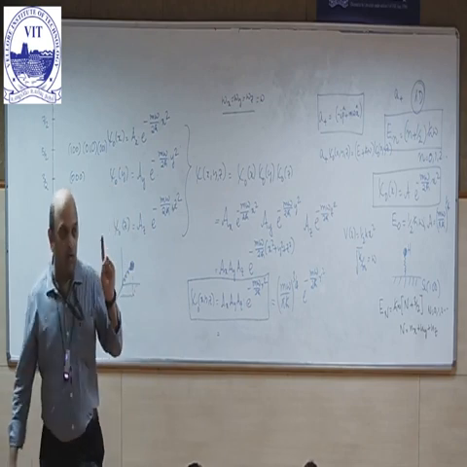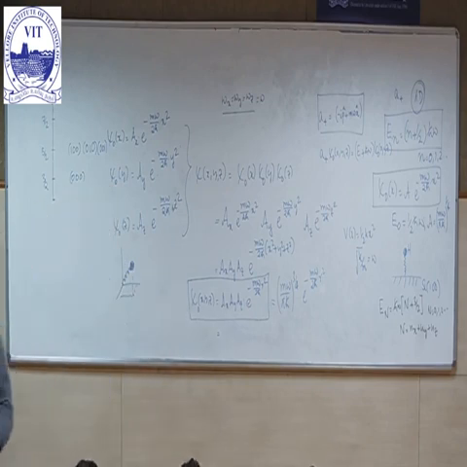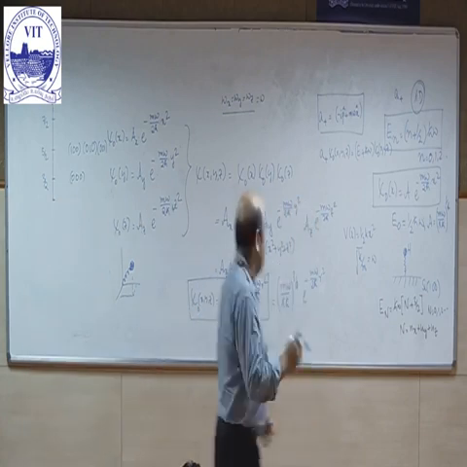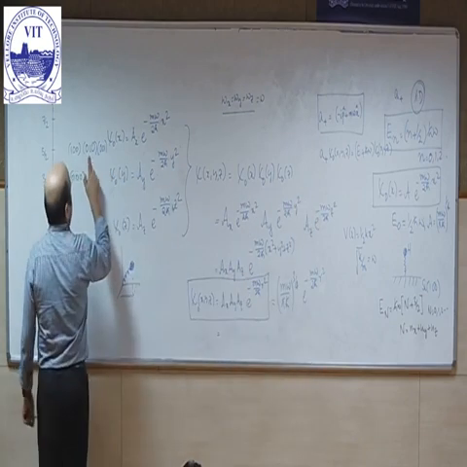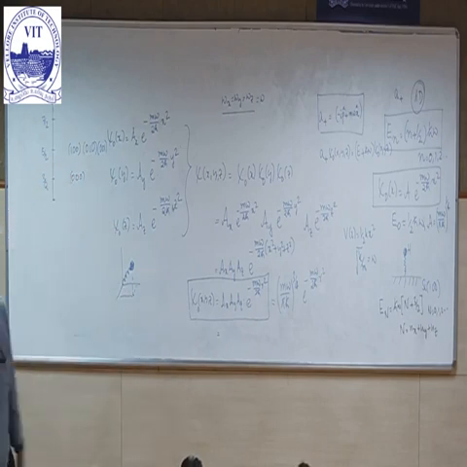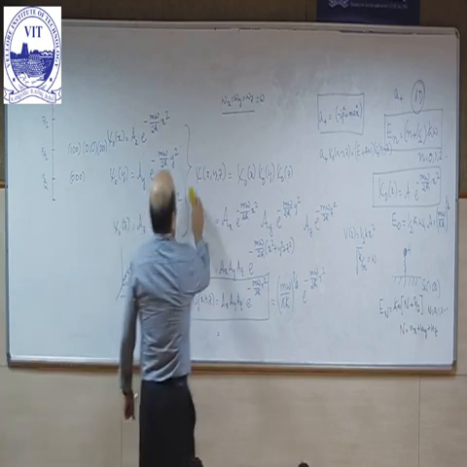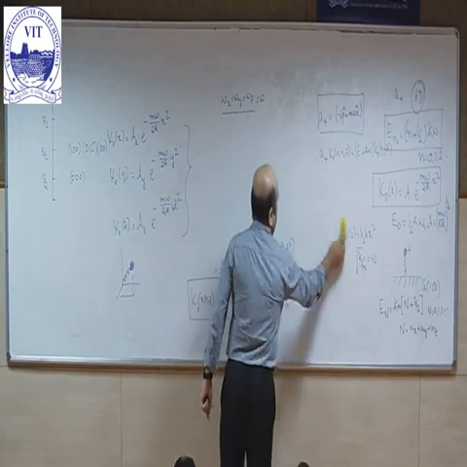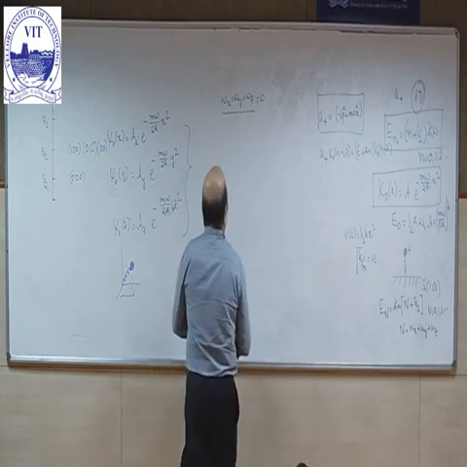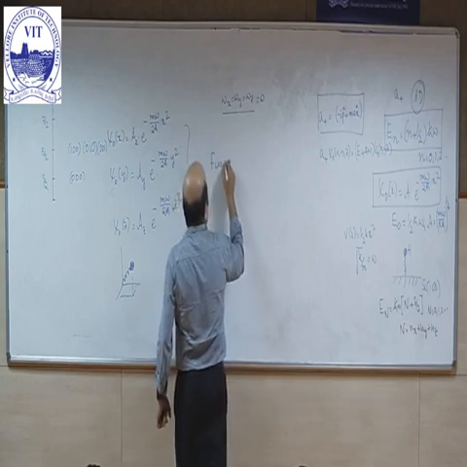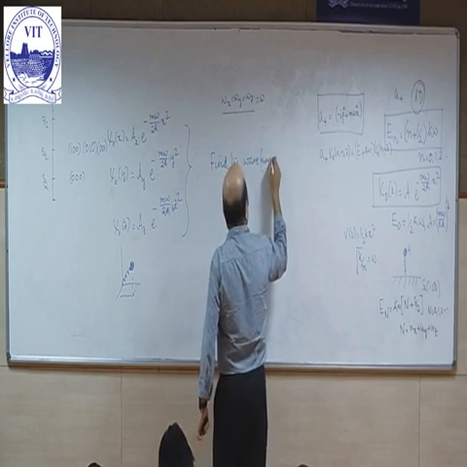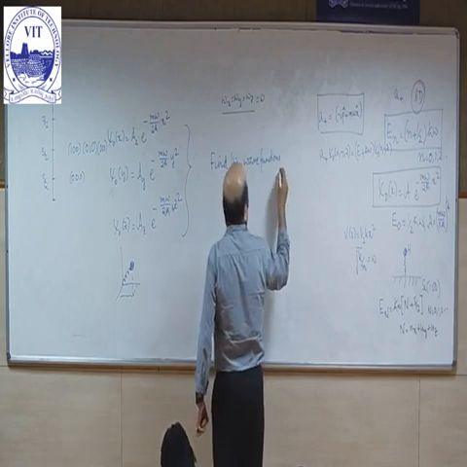Okay? So your homework or the assignment will be to find out the first excited states corresponding to 1,0,0, 0,1,0, and 0,0,1. Let me write down the statement. So find the wave functions